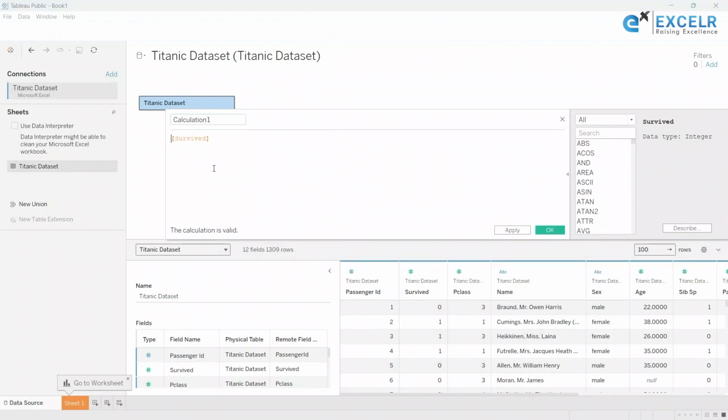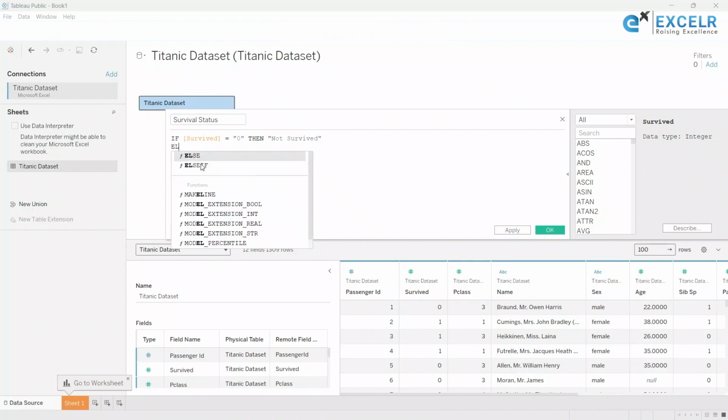Here we can mention that this is the new column for survival status, where I mention that if in the column survived I have the value 0, then mention as not survived, else survived. Let's put end,